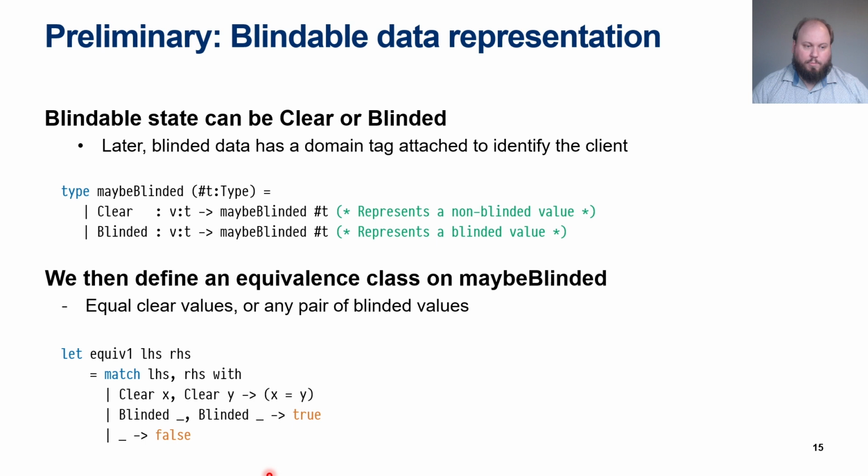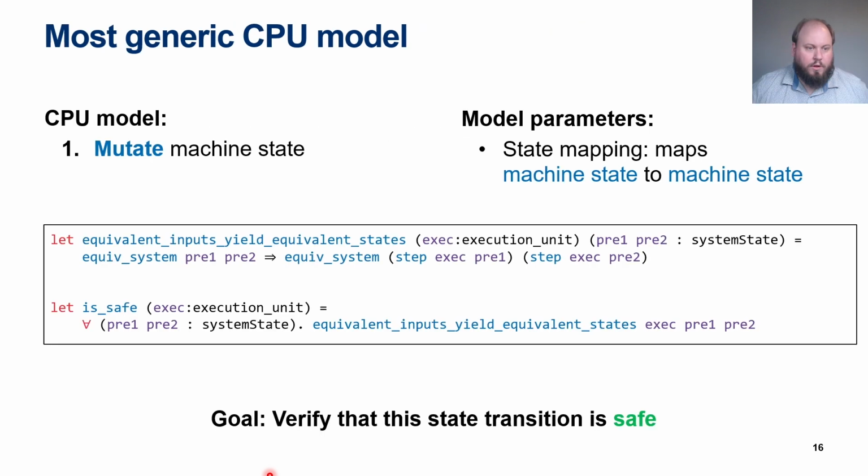And so then what we do is we define this property that if you have equivalent input states to the machine before it's stepped, then after you step them, the system will be in an equivalent state. So this step exec function here, this is the state transition that we mentioned before, and then this is this safety property that we had that if the inputs are equivalent, then we step the system, the outputs are equivalent,